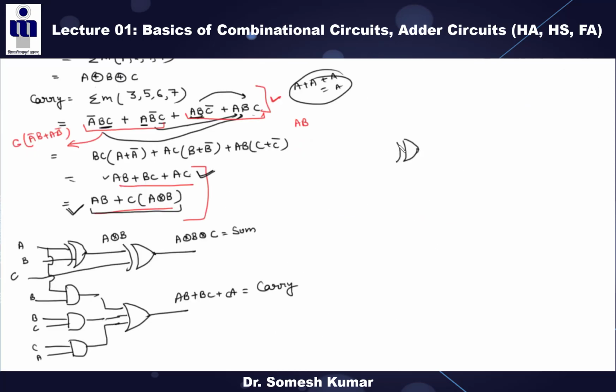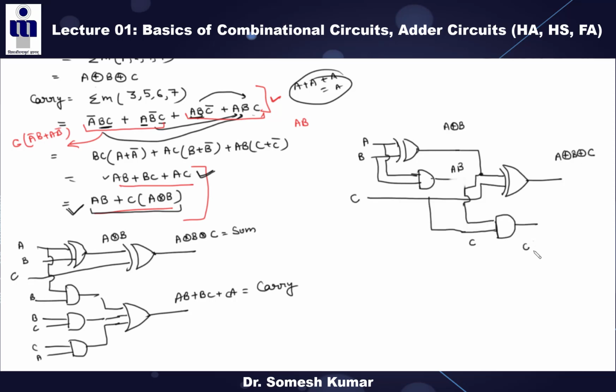Can you tell me, for designing the full adder, how many half adders are used and what other gates are required to implement the full adder? Yes, two half adders, and other gates are also needed. Only with two half adders it is not possible. Other gates are also needed, right? Can you tell me which other gates?